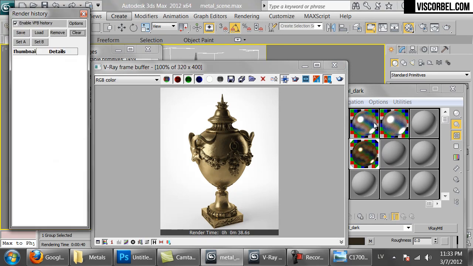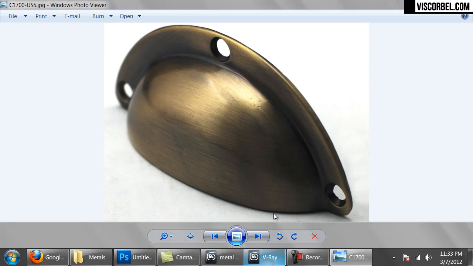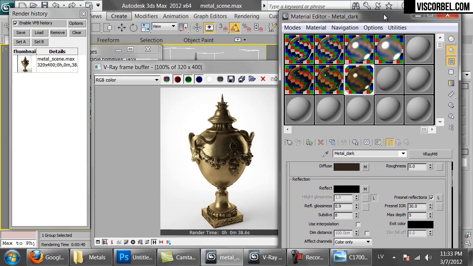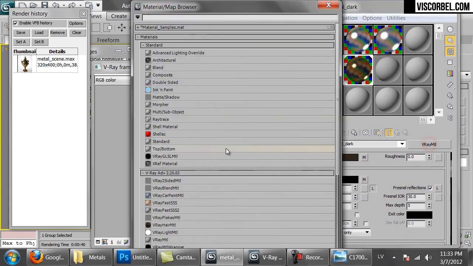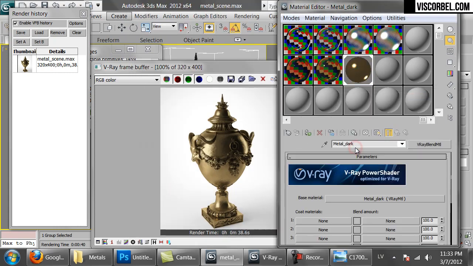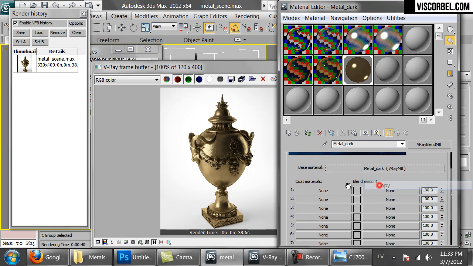Now let's change the material type to V-Ray blend material. What I want to do is add these darker areas that are not as reflective in the inner corners of the object. So to do that, first change the material type to V-Ray blend material and keep the old material as submaterial. So next we're going to copy it to the coat material slot